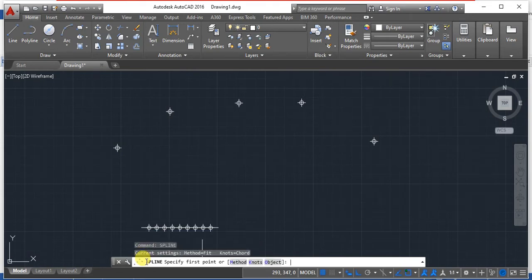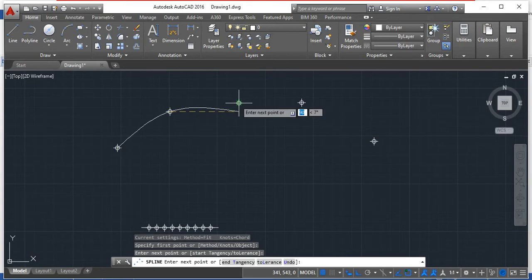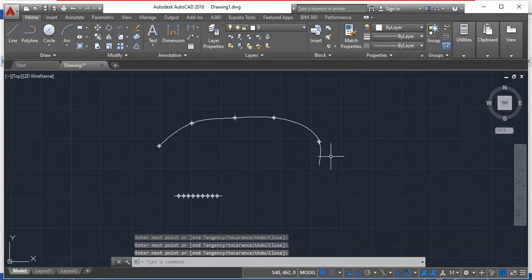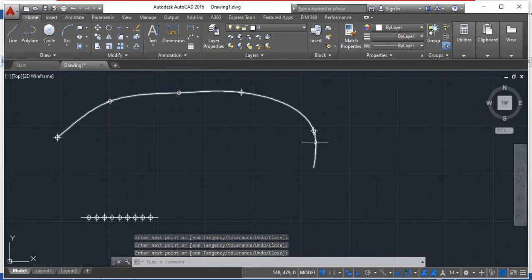Start with the first point, second, third, 4 and 5, just make it inwards, enter. So you can draw a curve that passes through different points.